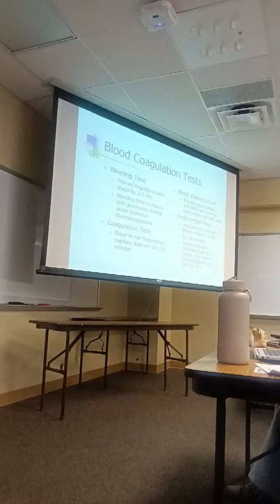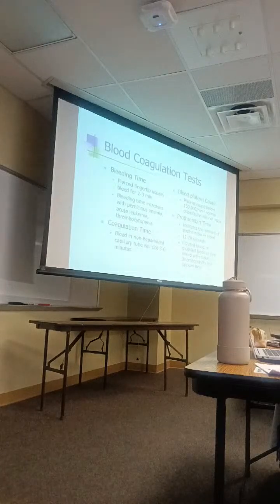reactions. So what we do is you take that blood sample and you add citrate or oxalate salts. That is going to strip the calcium out of it. Then you add back a known amount of calcium and a known amount of tissue thromboplastin. That allows you to figure out prothrombin. It's kind of like if you have A and B, you can figure out C on a triangle. Okay, so